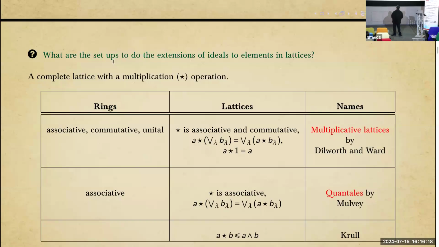So we start with a complete lattice and then we have different setups. Let's start from the bottom. The bottom is that you have a complete lattice with a multiplication operation such that the product of two elements is below their meet. This is one of the very first works of Krull where this notion appears. Of course, at that time the terminology and the approach was not like how we write today, but essentially it captures that. And to see specifically the prime elements, which I will define shortly, which mimic the corresponding notion of prime ideal,